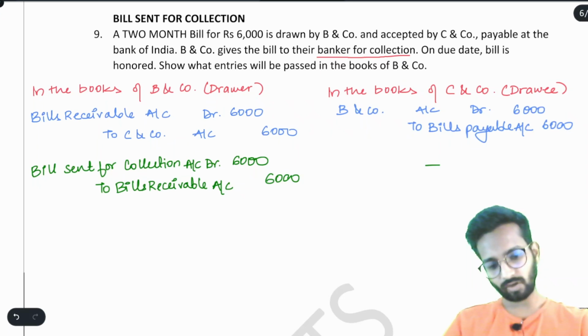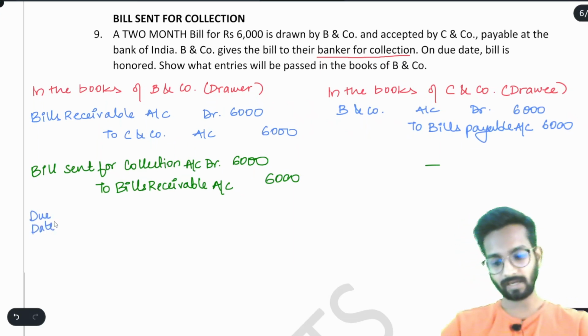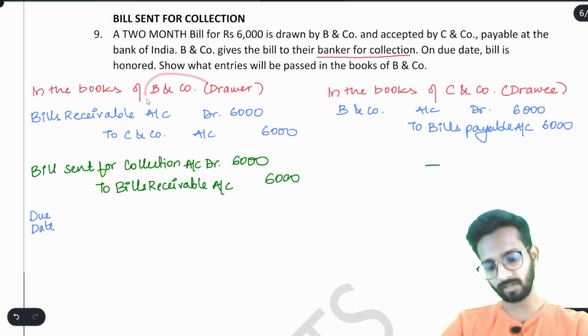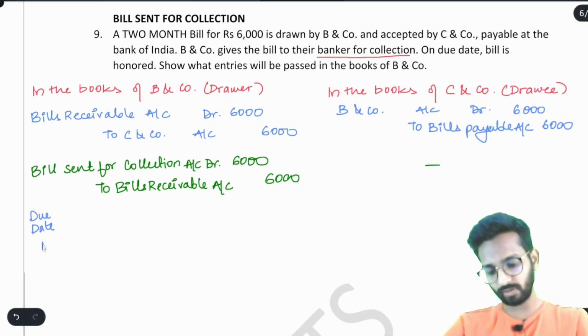Okay, now what is happening? Again, on the due date, what is happening? Now the drawer, our B and Co., who has given the bill to the bank, on the due date will call the bank and tell them, see, I gave you a bill for collection, did you collect my amount? The bank will go to C and Co., collect that amount and then give it to B. Now see, so on the due date you will write bank account